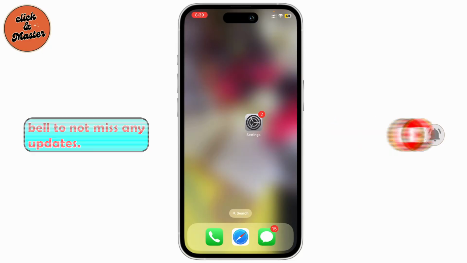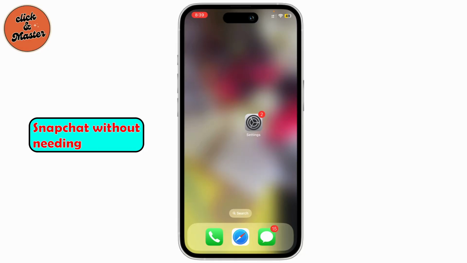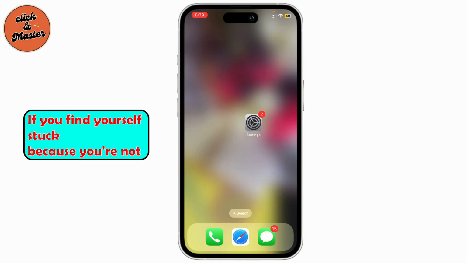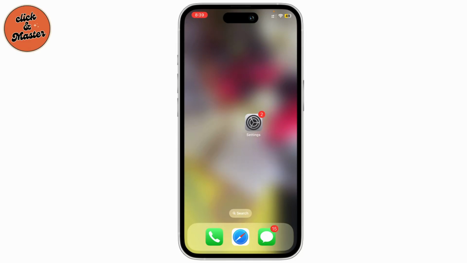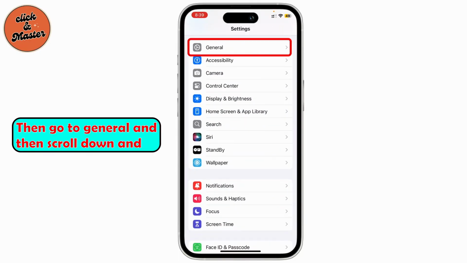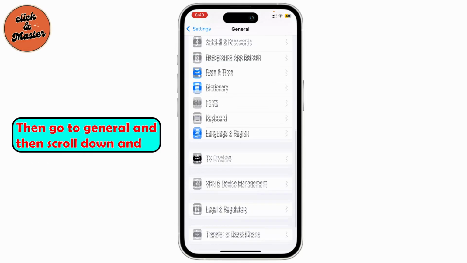Today I'm going to show you how to log into Snapchat without needing that pesky verification code. If you find yourself stuck because you're not receiving the code via text or email, don't worry, I've got you covered. So first things first, go to your settings, then go to general, and then scroll down and tap on